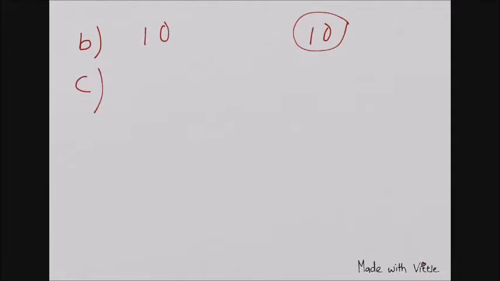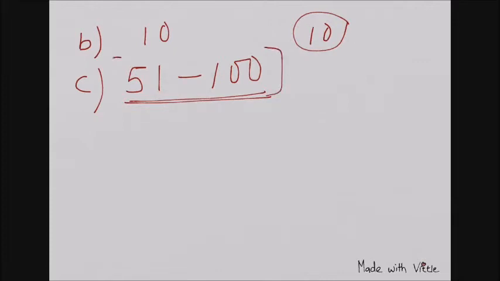So the question number C: out of 100 persons, who is the laziest one? From 51 to 100, all are doing only the least work. So anyone from 51 to 100 will be the answer. For D, how many persons have flipped the switch on the 72nd bulb? So we just have to find the number of factors, which is 12.